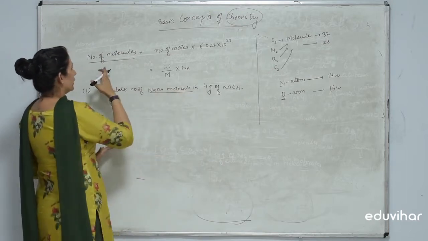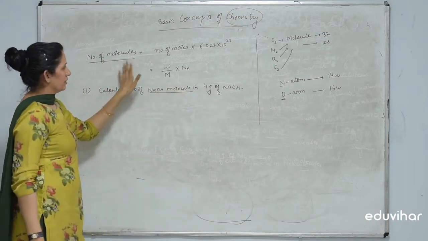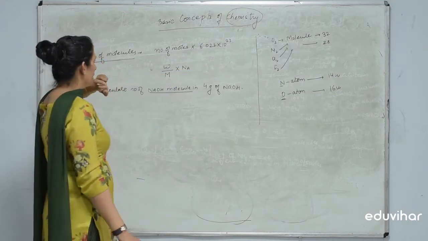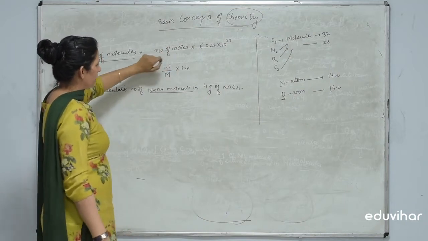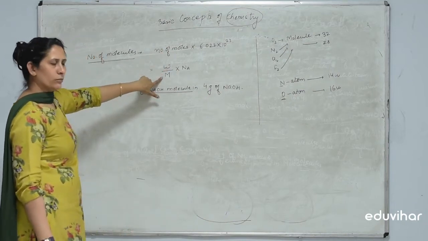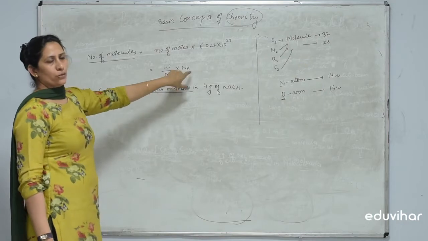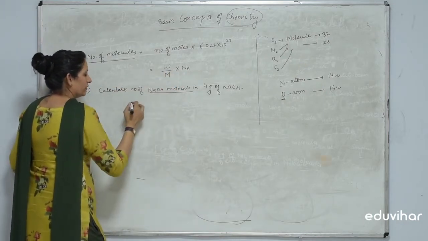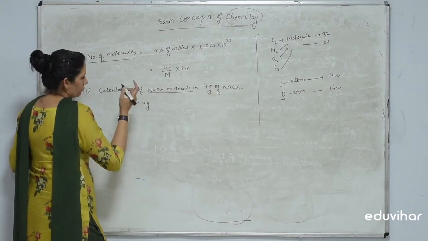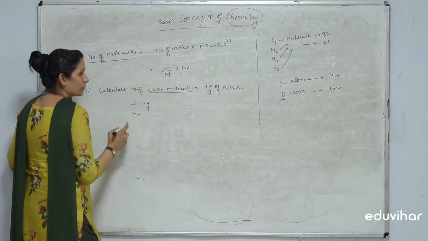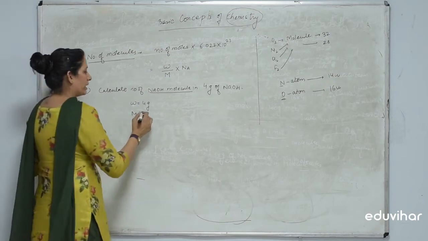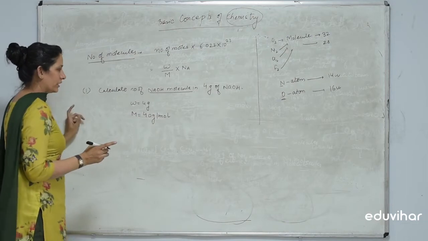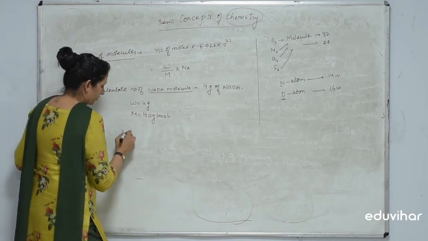We have a formula to find the number of molecules: number of moles multiplied by 6.022 into 10 raised to power 23. To find the number of moles, we have a formula: given mass divided by the molar mass, multiplied by Avogadro number. In this numerical, W is 4 gram, and we already know that the molar mass of NaOH is 40 gram per mole. Then the number of